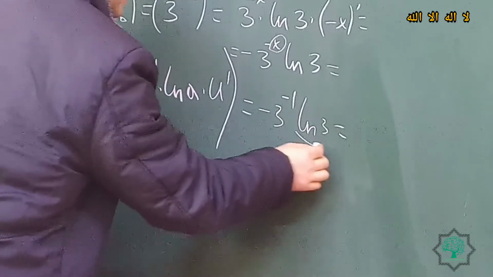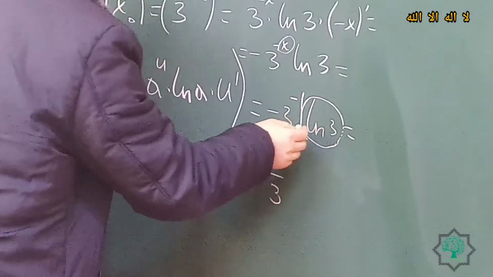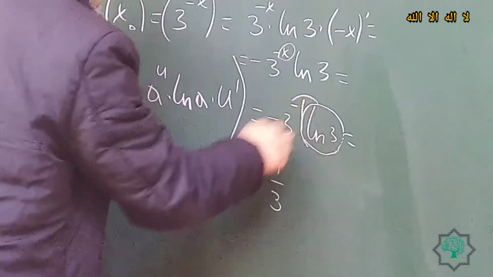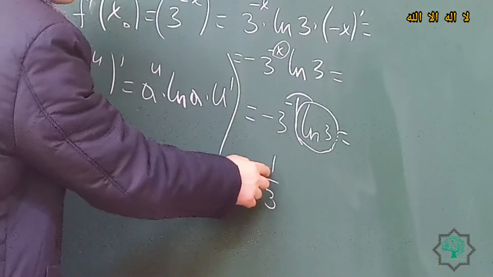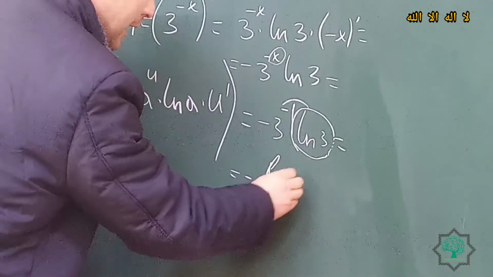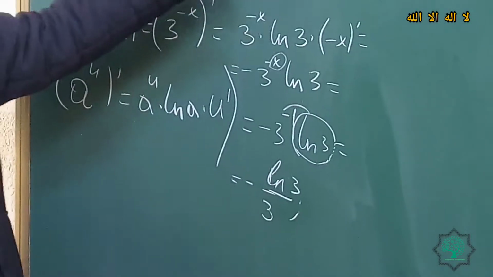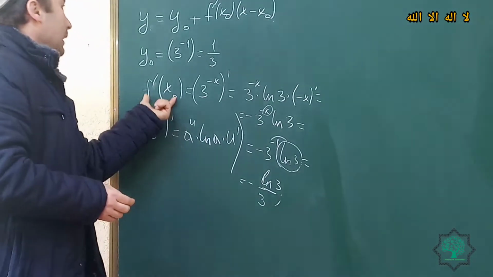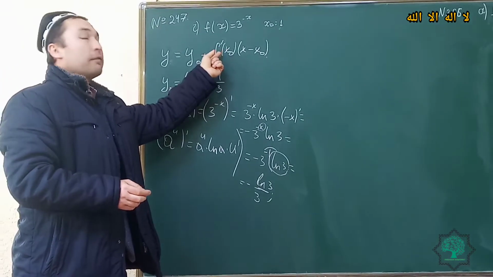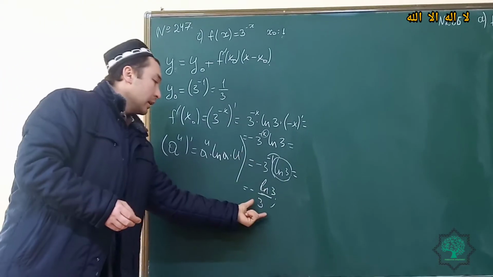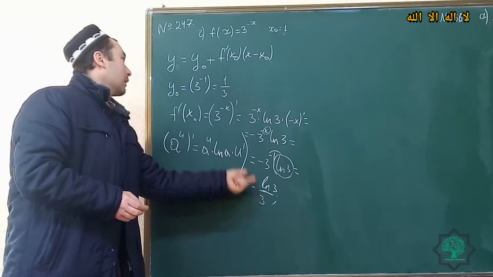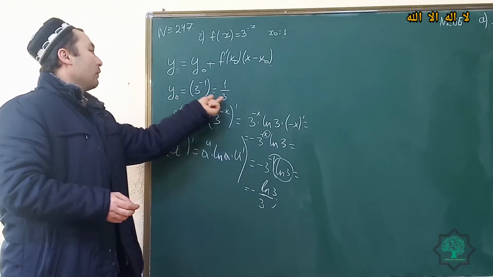So simply you can write the natural logarithm ln of 3 in the numerator. Now we simply put instead of y prime the derivative of the function, and instead of y0 we put this,